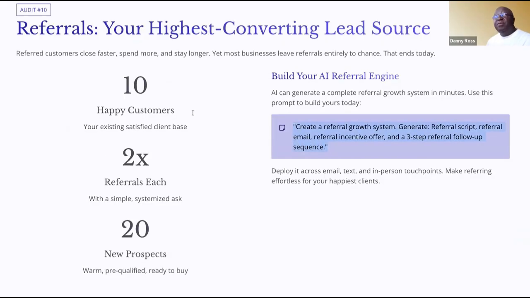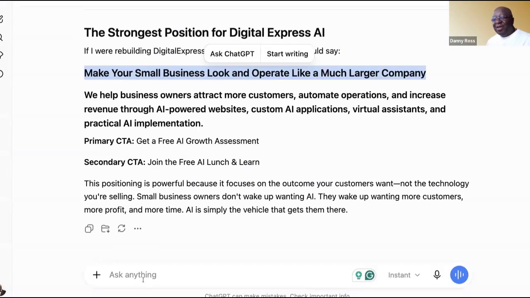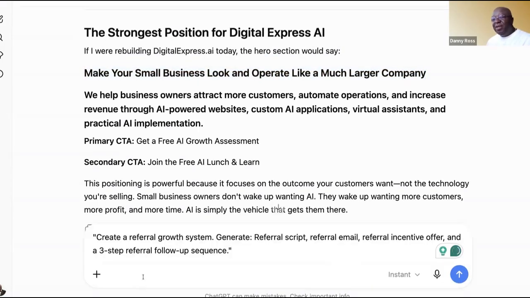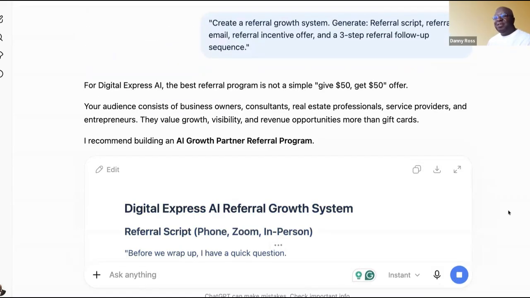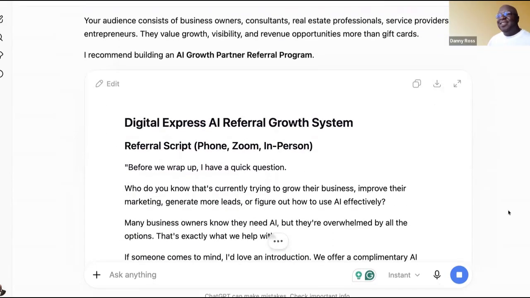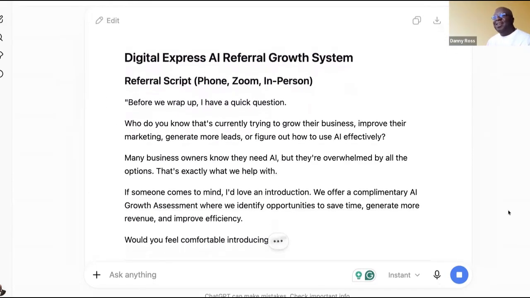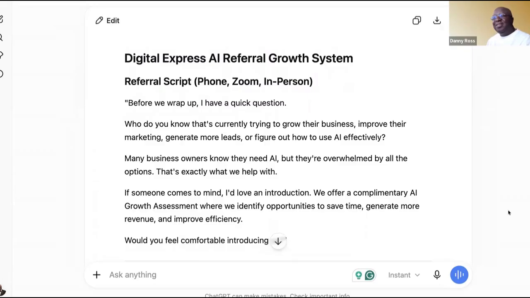We've talked about this on a few other occasions, and this is just pure logic and simple common sense. Happy customers are the least expensive marketing engine that you can have, but you have to ask, and you have to give them an easy way to do it. If you make it as simple as possible, even almost up to writing the referral and just asking them to send it to their business acquaintances, that is almost the easiest way.